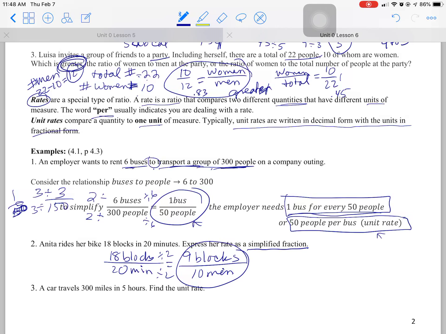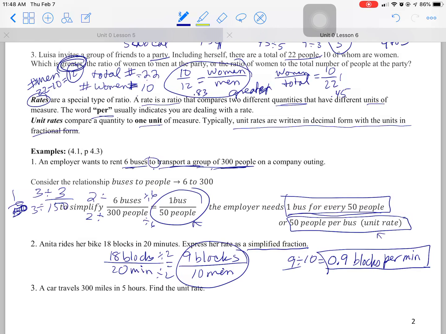But if they had asked for a unit rate, that would be 9 literally divided by 10, which is 0.9. So it would be 0.9 blocks per minute. Okay, so sometimes it'll turn out to be a decimal if they want a unit rate,